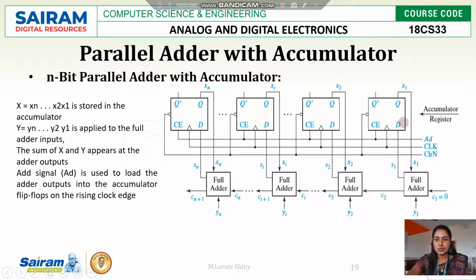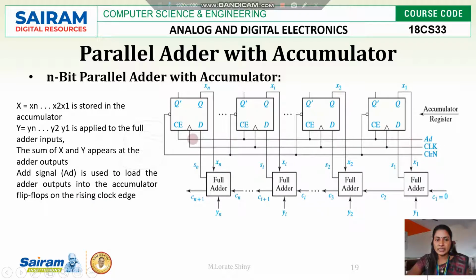As I said, the first number will be stored in the accumulator register. Here the first number is x1 to xn. Then the second number will be loaded to the full adder, and both will be added. Now, before that, the add signal. Why are we using this add signal?